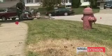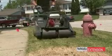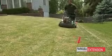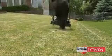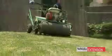What we recommend is aerification, but we don't recommend simply going over the lawn once. We recommend triple aerification. Research has shown that a single aerification isn't as effective as a 3-time aerification, but 3 times over the lawn is as effective as going over it 4 times. It puts a hole roughly every inch, inch and a half to receive that seed, which is critical because the seed will fall down into that hole, and since you do have an existing lawn that's going to continue to grow, it'll protect that seedling as it emerges from the soil. The seed will get in contact along the edges of that hole, and you'll have a really good opportunity for